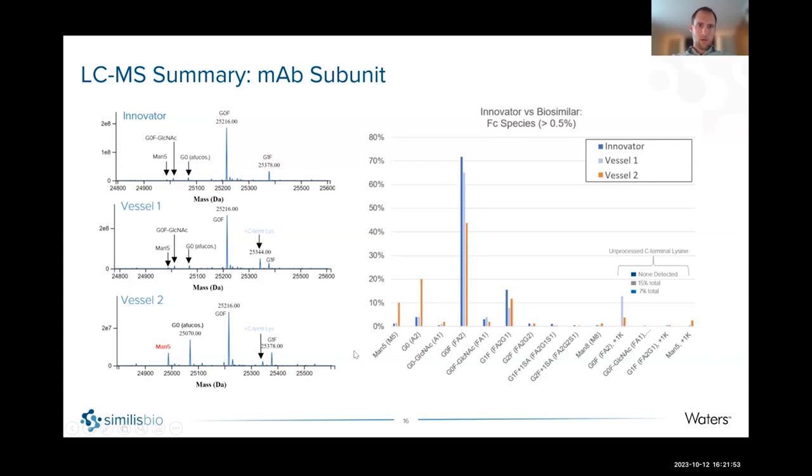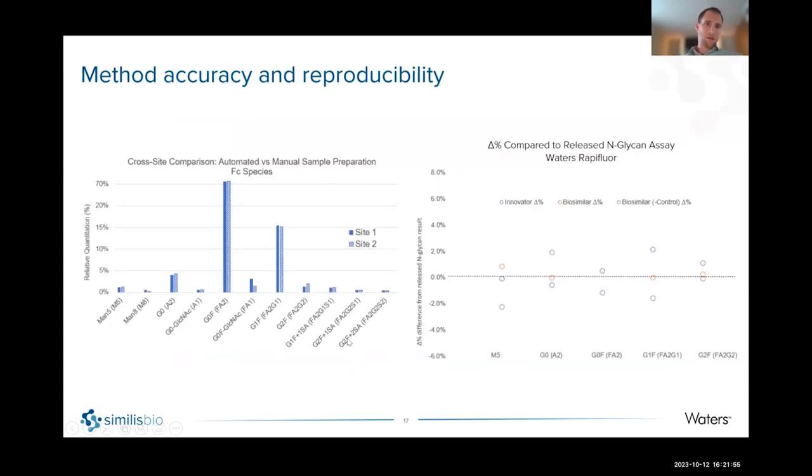So this was good. And then lastly, on the method performance, this visualizes the accuracy and reproducibility. These samples were sent to 2 different sites within Waters and run by the same method on different instrumentation. Those results are shown here on the left in this bar chart. Overall, the method reproducibility was very good. Here we expect all of the bars to be the same height. By and large, there were some minor differences for some of our lower level glycoforms, but generally very pleased with these results. And for the intended application of this method for Similis, more than sufficient method reproducibility.